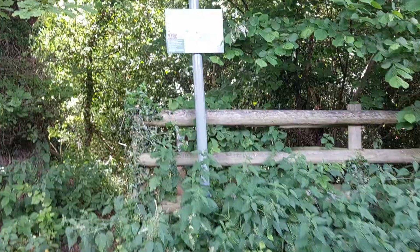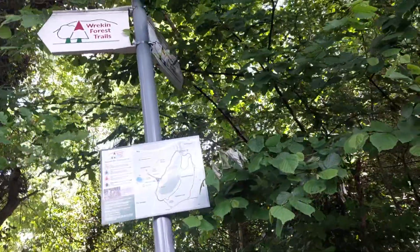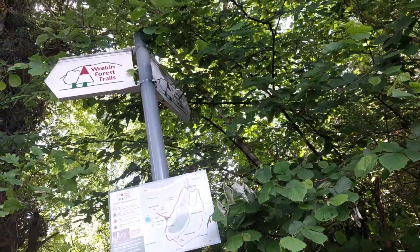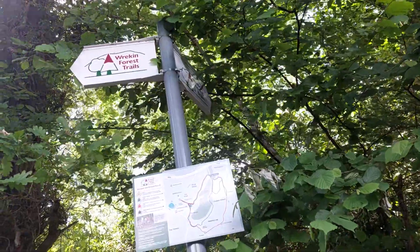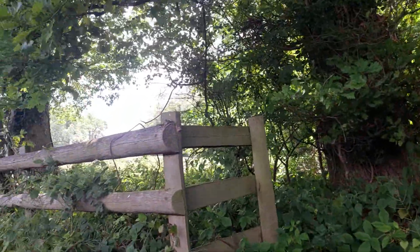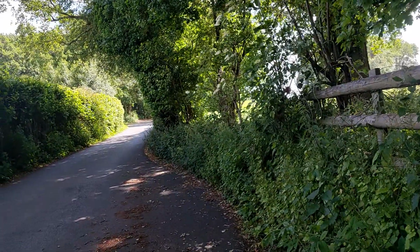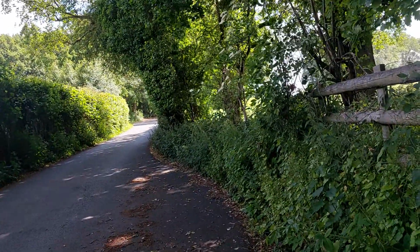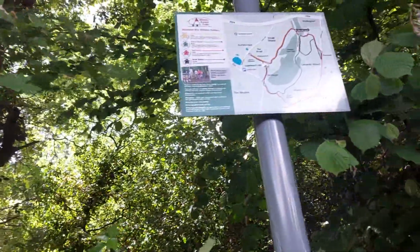And as you can see, you've got a signpost up here pointing back in the direction we came from, the Wrekin Forest Trails, and also the Wrekin Forest Trails pointing up that way. And that's where we want to be today in a few moments. But first, you've got a signpost here